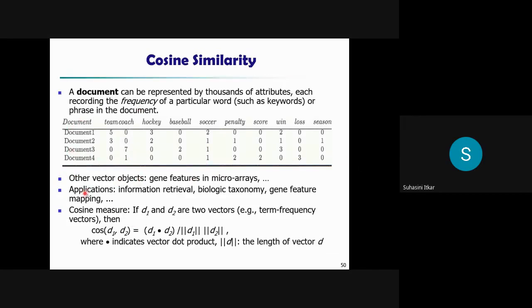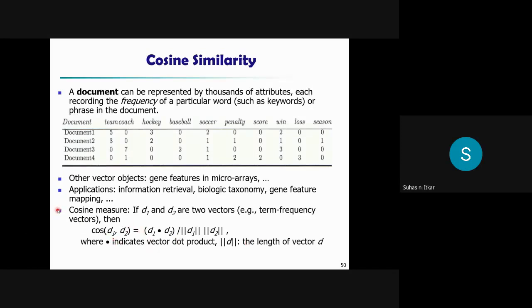Okay, then what are the applications? As I discussed, information retrieval, biological taxonomy, along with the plagiarism check, and gene feature mapping. So these may be the applications for the cosine similarity. Now, how is the cosine similarity measured? It is measured using this equation,